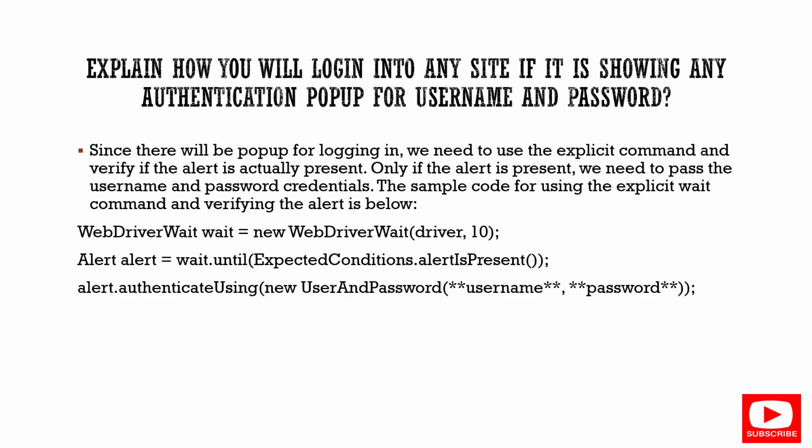If you are not using alerts here, Selenium will not go to that alert, so it will directly check on the page. The alert is actually asking you for the username and password, but Selenium checks the web page for whether it has a username and password. So you need to use this kind of approach whenever you find any alerts. And for alerts you have expected conditions, which are part of the explicit wait methods. So the expected condition is alertIsPresent, which you can use in case it is an alert kind of authentication.